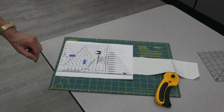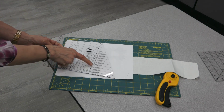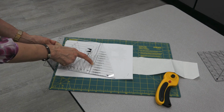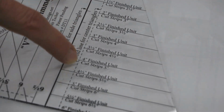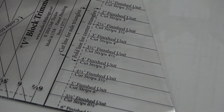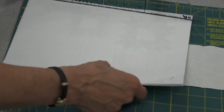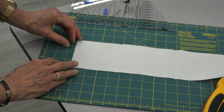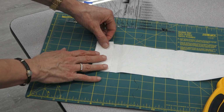All right, so we're going to look for this line on the ruler that says fold line for center triangles. So that's the dotted line just a little bit outside of the dark line that we used previously. And then we're going to take our center triangle fabric and we're going to make a small fold in the fabric,